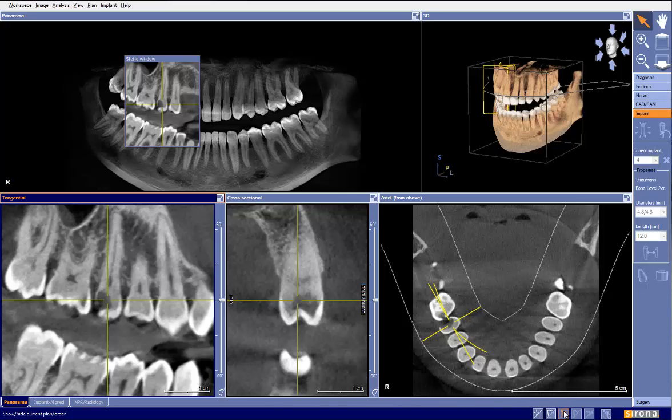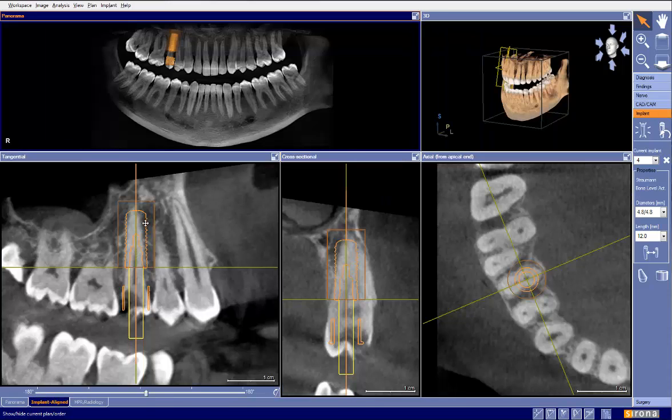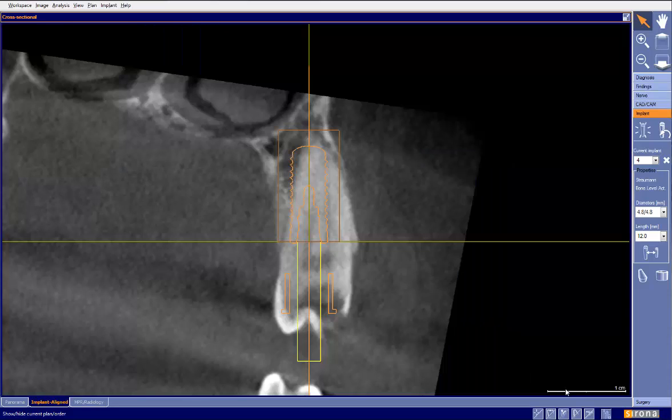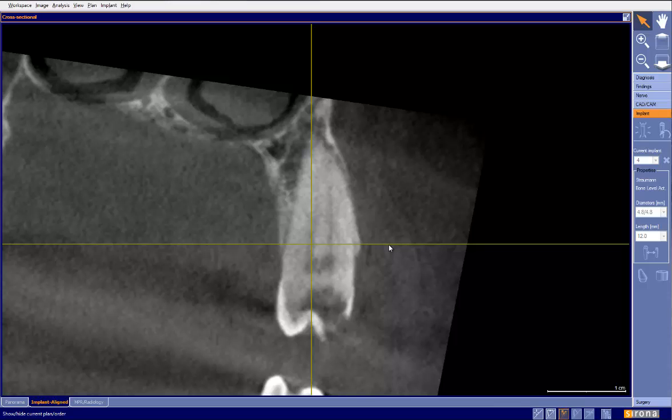So let's go ahead and move forward with our plan, based on the plan that we've had submitted to us. So what I would like to do is begin by showing you my thought process of how I handle these immediate cases. So the first thing I often do with these immediates is I like to go ahead and outline what I'm dealing with. So here's our bone,